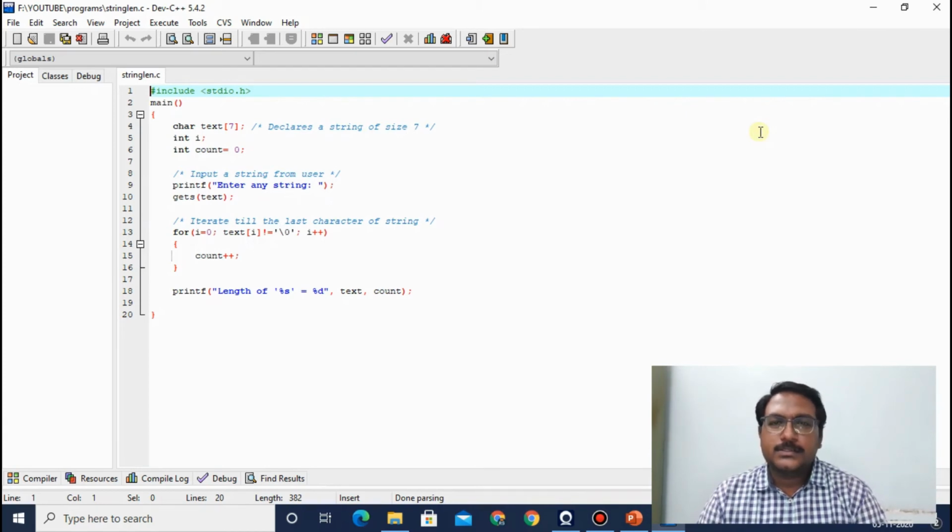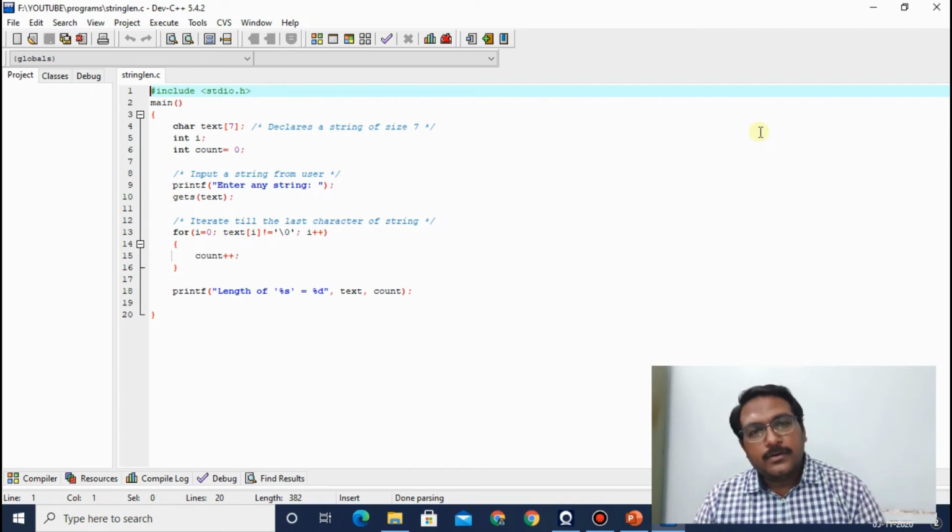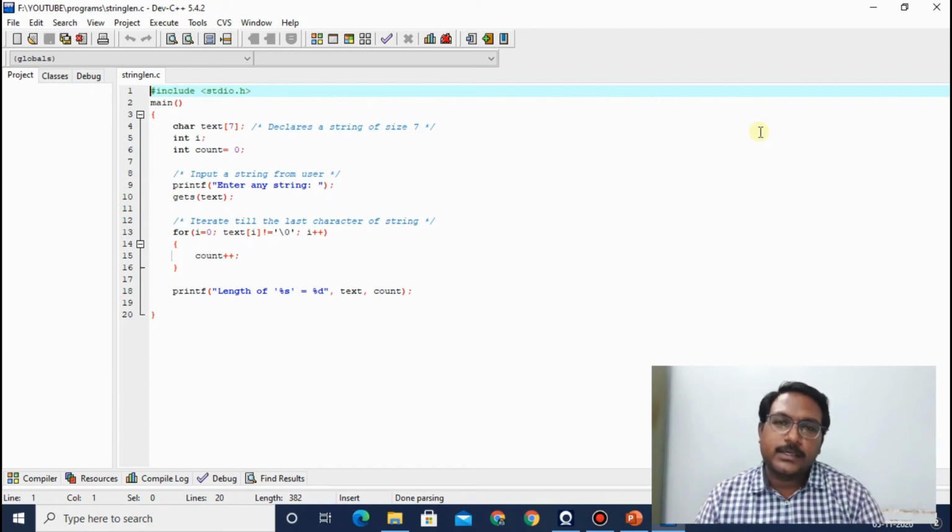If there is a character array, you can directly write gets within brackets the character array name. It will automatically take the value from the user and give it to the character array. Fine.